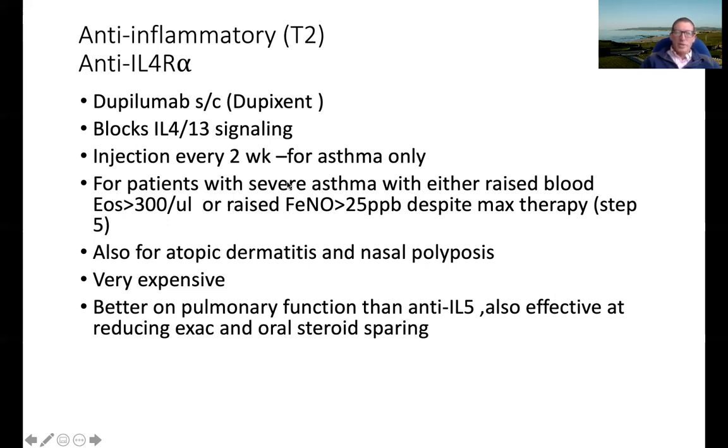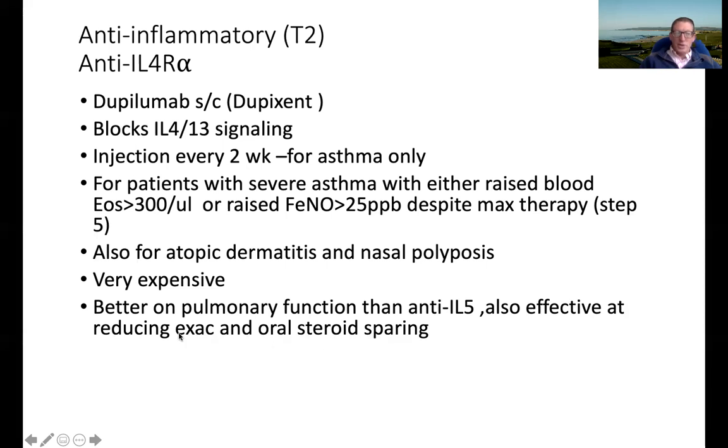These, again, are for patients with step 5 refractory severe asthma with either raised blood eosinophils or raised exhaled breath nitric oxide. And the reason that that's a useful biomarker is that exhaled breath nitric oxide is mediated specifically by interleukin-13, whereas eosinophils is mediated by interleukin-5. They also have a license indication for atopic dermatitis, and they will probably be another 6 to 12 months from getting a license indication for nasal polyposis as well. Very effective in both conditions. Very expensive, like anti-IL-5 and anti-IgE, and again,